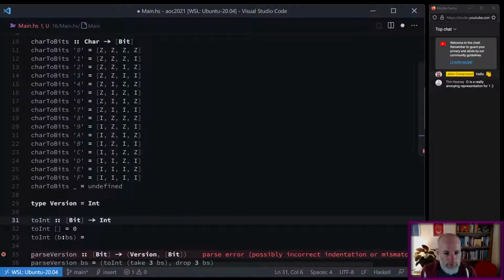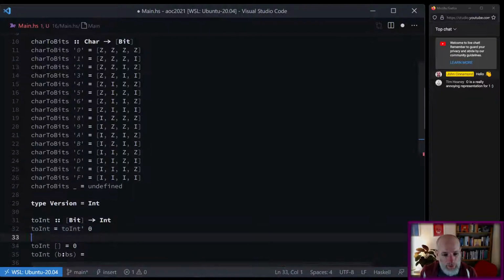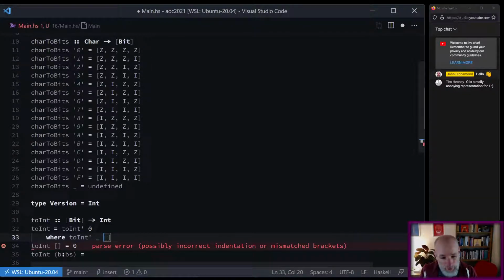let me fix this a little bit. So to int is to int prime 0, and then the bits, we don't need that, we can reduce it, I think, where to int prime of the number and what I'm thinking, sorry, is I'm going to take the first bit and it's going to be a 0 or 1, and I'm just going to turn it into a 0 or 1, and then I'm going to shift everything, or in fact it's going to be 0, 1 times 2 to the position in the string. Right, but I can't start from 0 because that's